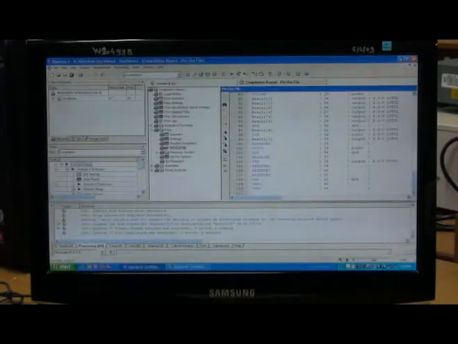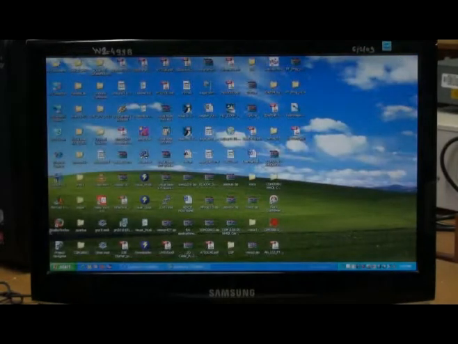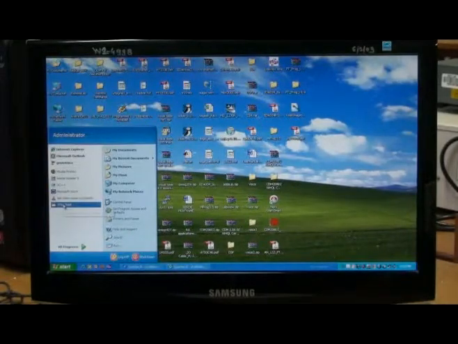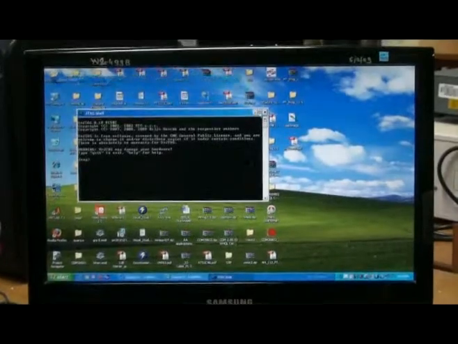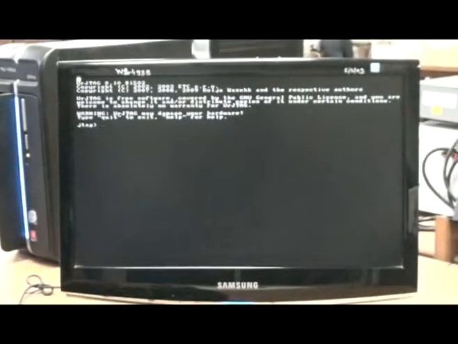Now we switch over to JTAG and program the device through that. Start the JTAG shell first.